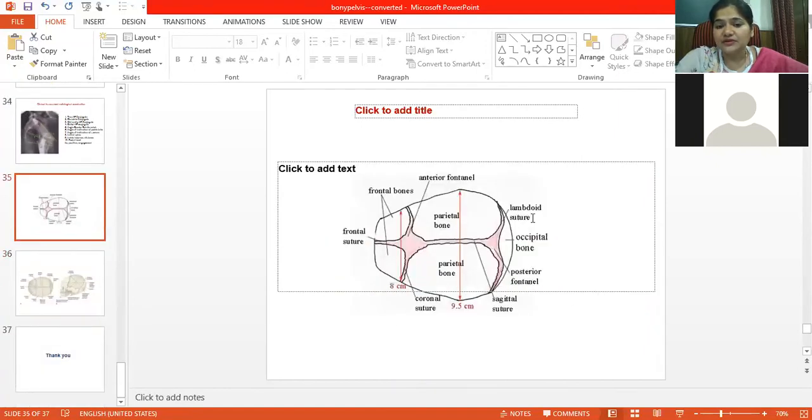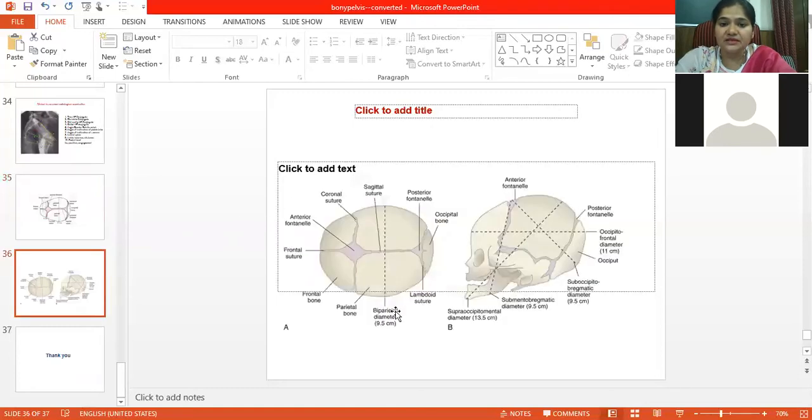Now, this is what I wanted to show you. These are the fetal skull landmarks: frontal suture, coronal suture, bregma or anterior fontanelle. Then this is the posterior fontanelle. These are the two parietal bones. This area is called the vertex, which is the commonest presenting part in cephalic presentation, and these are again the different diameters of different presenting parts. Suboccipitobregmatic is for vertex presentation. That is the commonest presentation, and that is the diameter of the vertex presentation.